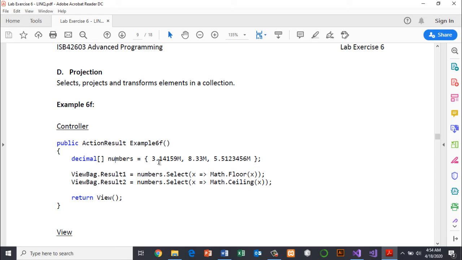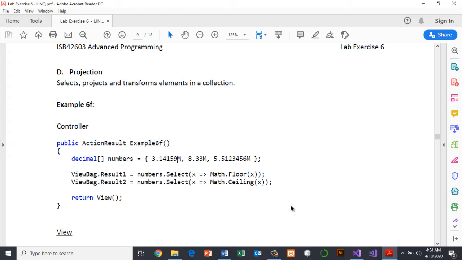For us to assign a certain number as decimal type, we must put an M as the suffix. At the end of the numbers there is an M. If we do not have this M, it will automatically become a double.